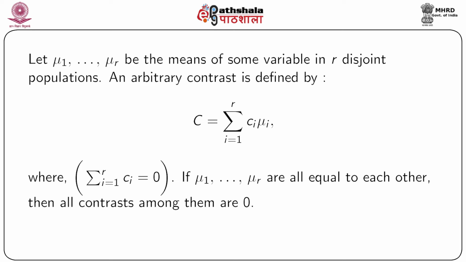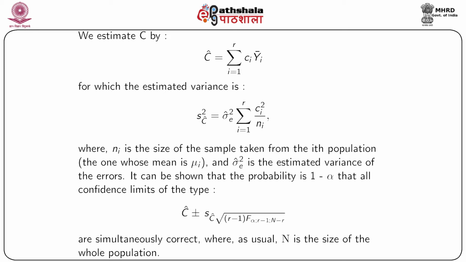So we assume that the confidence that we have is 1 minus alpha, where alpha is attributed to the error in our estimation, and Scheffé's method of multiple comparison makes certain that this alpha is as small as possible. So we estimate C by C hat, which equals summation i equals 1 to r c_i times Y_i hat. As you have seen, we had written the contrast as C equals summation i equals 1 to r c_i times mu_i. mu_i is the unobservable population mean, so we are replacing it